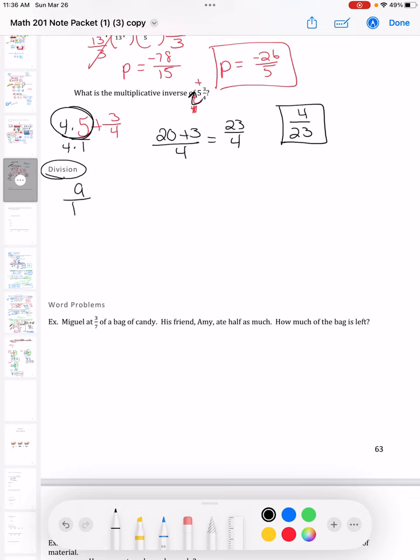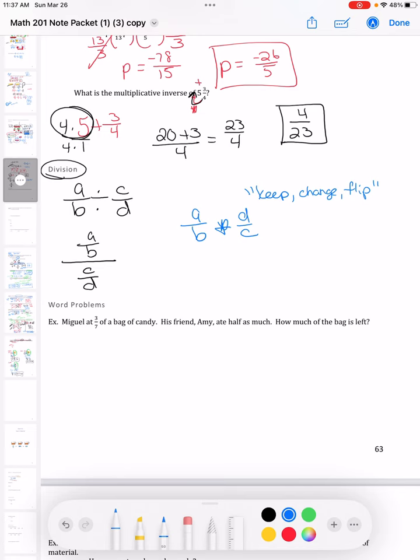So if we have a fraction divided by a fraction, it can look like our division format, or I could write it as that rational number format, a fraction over a fraction, we do what's called the keep, change, flip rule. So you keep the first one, so I'd keep A over B. We change to multiplication, and we flip the last, the second rational number. So keep, change, flip.